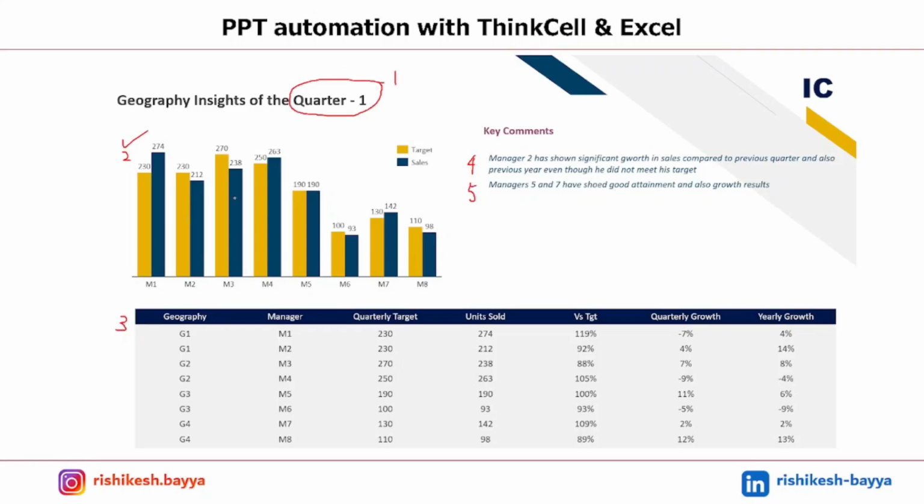Some of them can be addressed using Excel, and some of them will have to be done manually. I'm not sure if there is a way that we can do all of this using Excel. I'm not considering VBA here because not everyone would be comfortable using VBA. So just using a simple Excel sheet, I'm saying. If there is a way, please mention it in the comment section. We can revisit those things.